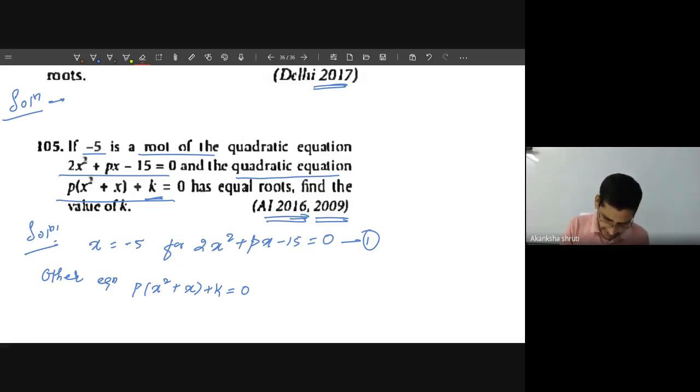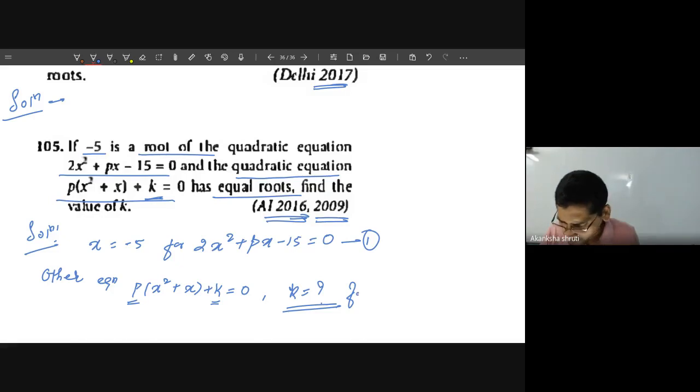स्टूडेंट्स, तो देखिए अभी आपको जो दूसरा इक्वेशन दिया हुआ है यहां से आपको k का वैल्यू निकालना है. क्वेश्चन इज दिस वन. क्वेश्चन इज नॉट आस्क्ड फॉर p. So here is k, but this equation also contain p. So first we need to calculate p, then we have to apply the condition for this second equation. So k is equals to what? For here it is given as equal root.